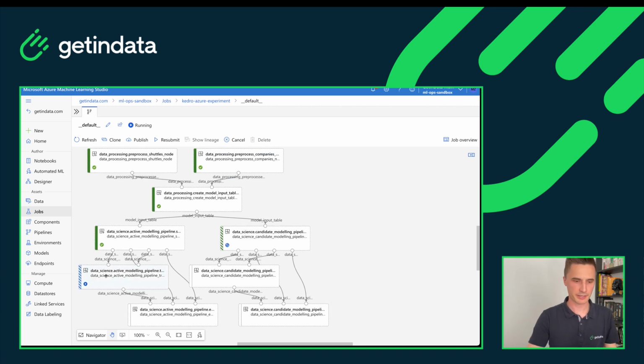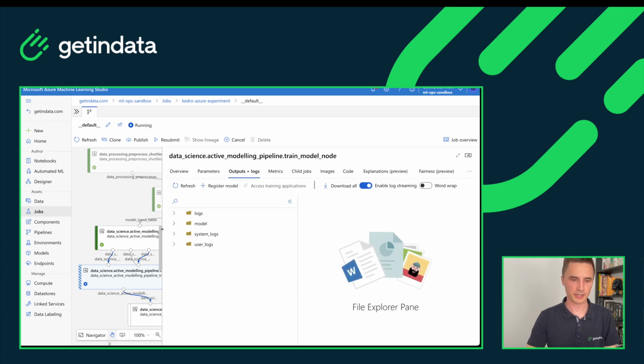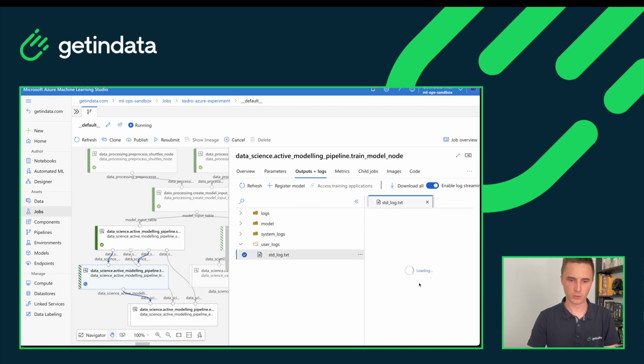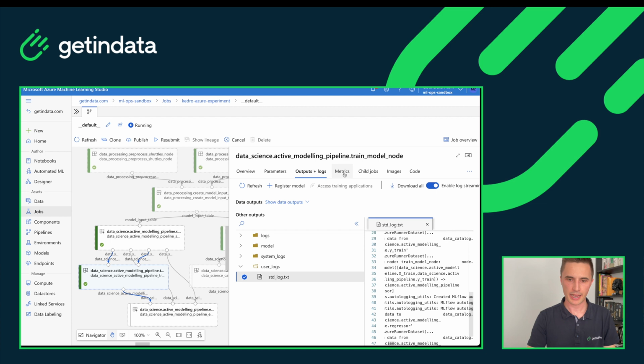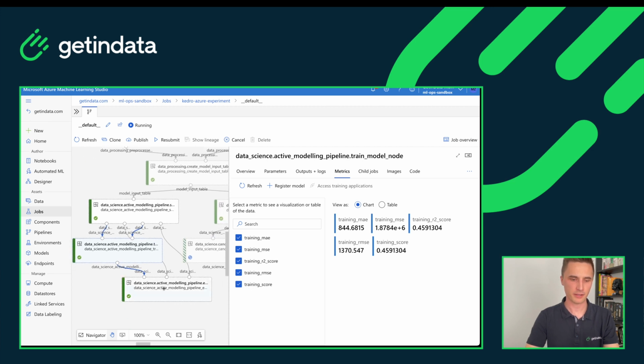So here we can see that one of the steps that actually trains the node is starting to execute. In a few seconds, we'll see that the logs are already here. Yes, so the step is almost finished. And when we switch to the metrics tab, we'll be actually able to see all of the metrics that were tracked during the model training. So those are the metrics calculated on the training dataset for our model. And soon enough, we'll also see the metrics from the